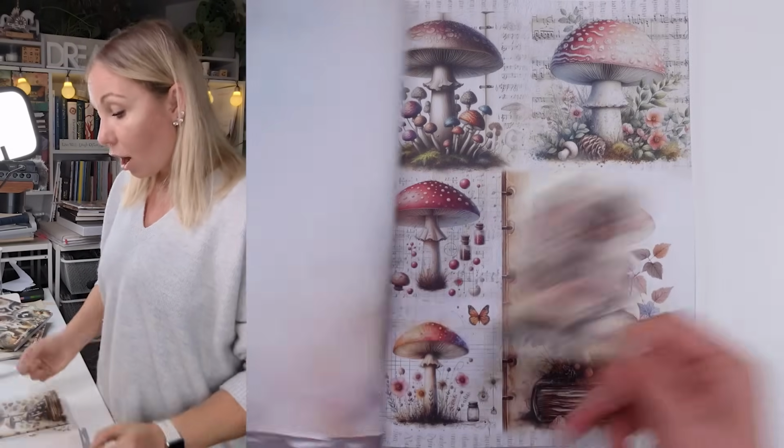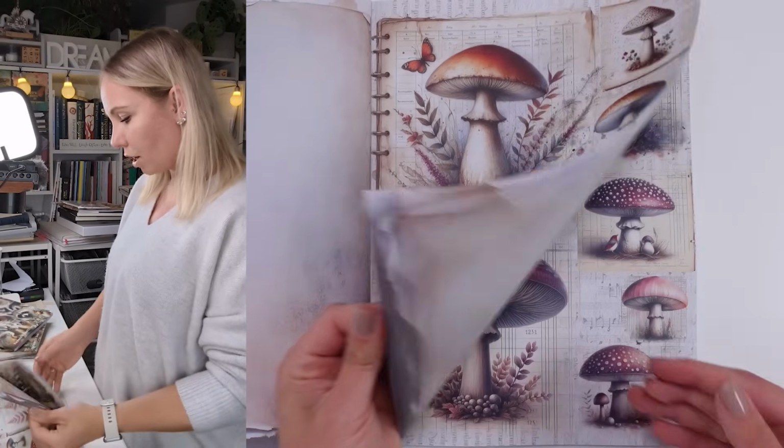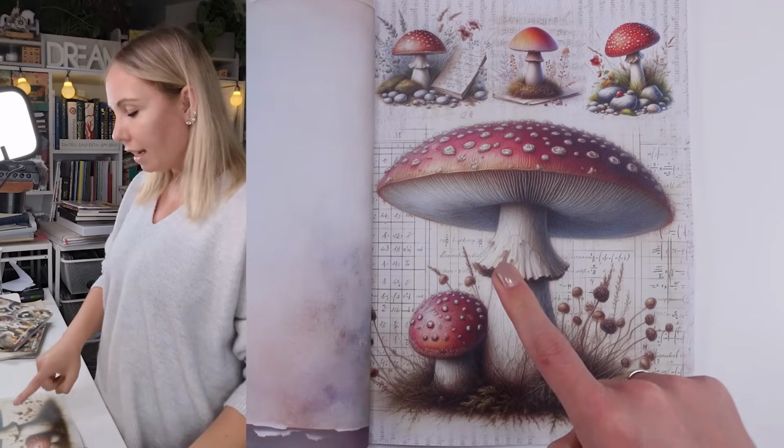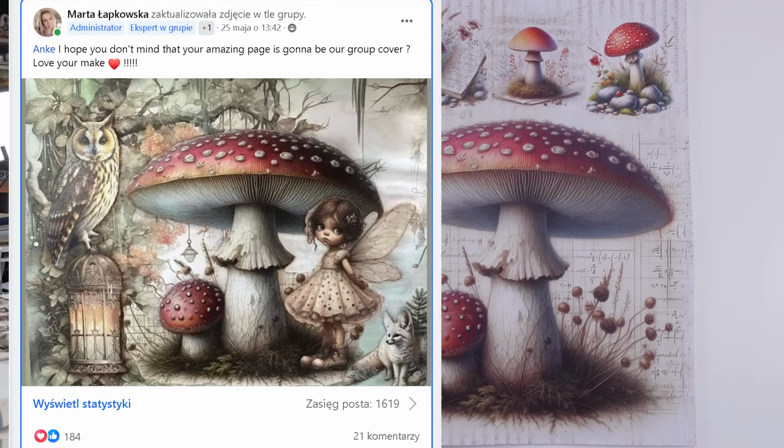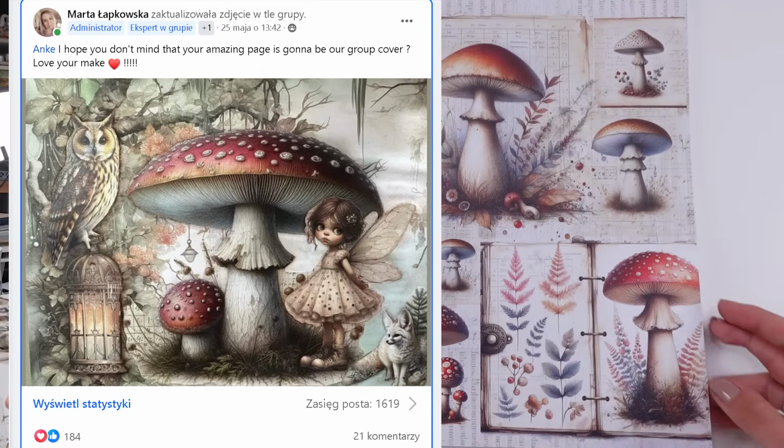Oh, I'll show you, this mushroom is already on the cover. Anke has created a gorgeous page with this mushroom, and it's on the cover of our Facebook group, Marta's Creative Cafe. There is a fairy under. It's a gorgeous page, you have to see. But let's just quickly